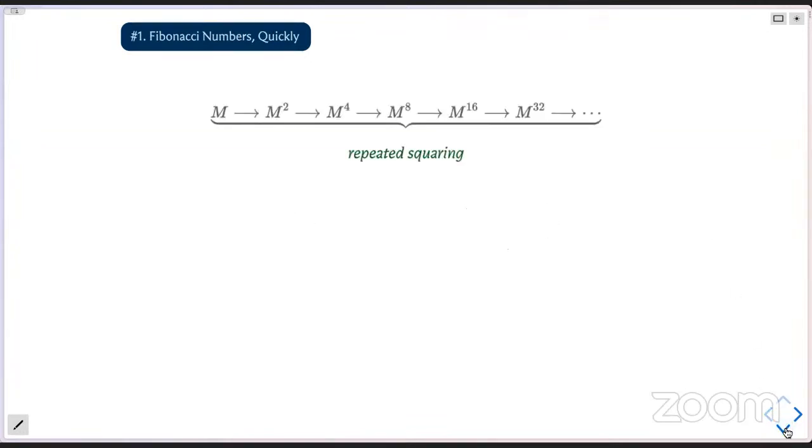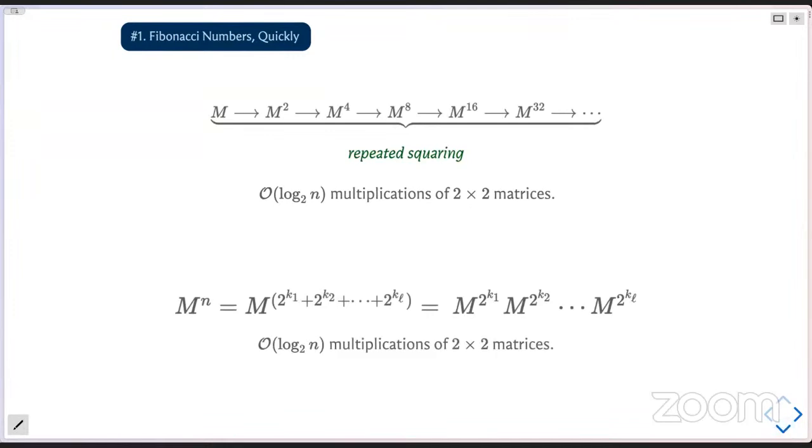Okay, and also I think just to clarify, hopefully this makes sense: why is this overall log n? If you look at the individual KIs, all these powers of 2 are themselves bounded by log n in magnitude. So each of the KIs has a representation which requires log n bits. You do your appropriate floor and ceiling to make that make sense.